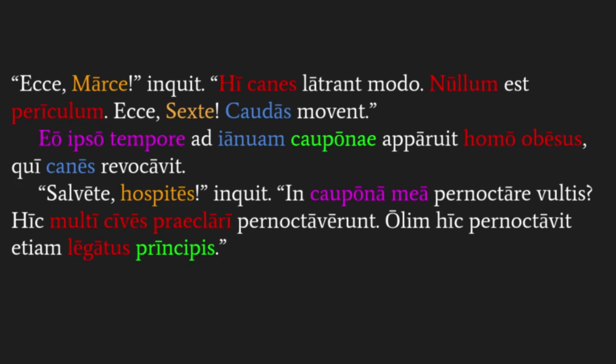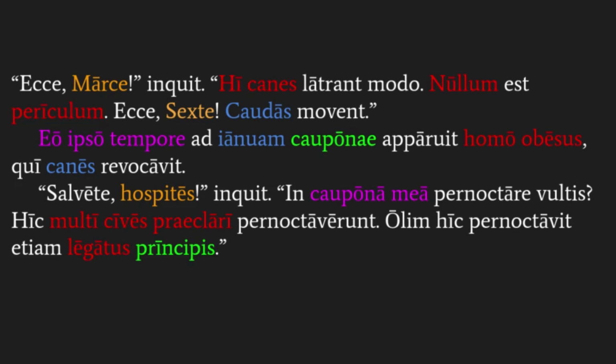They are moving, meaning the dogs are moving. Caudas, their tails. They're wagging their tails is the idea. So Cornelia is the only one who notices that the dogs are just barking, but they're actually wagging their tails. So they're not going to attack them. They're just kind of excited to see him. So she pets the dog and she calms everyone down.